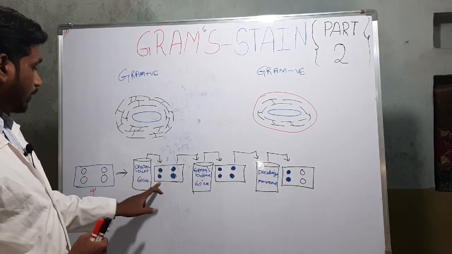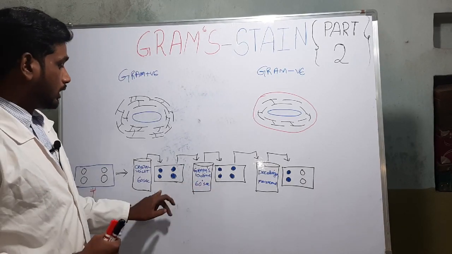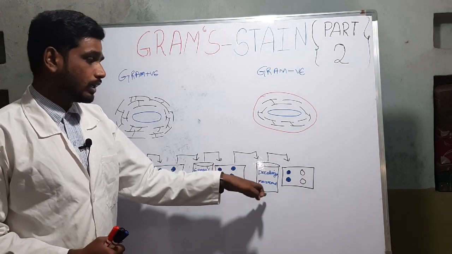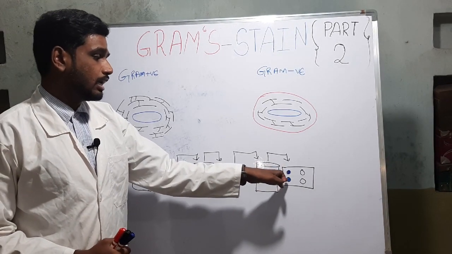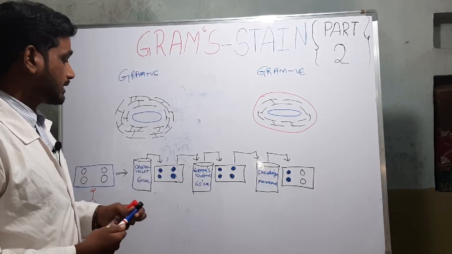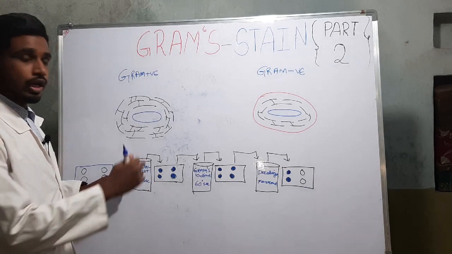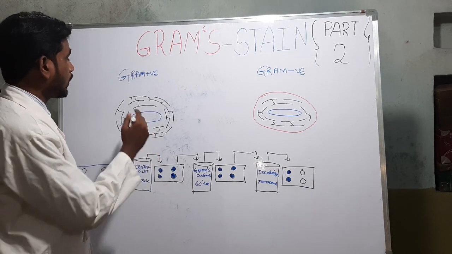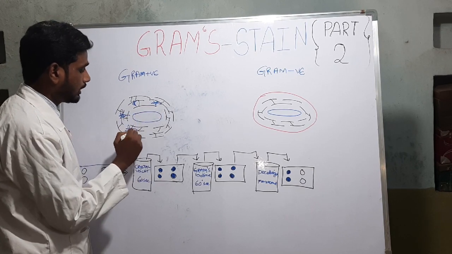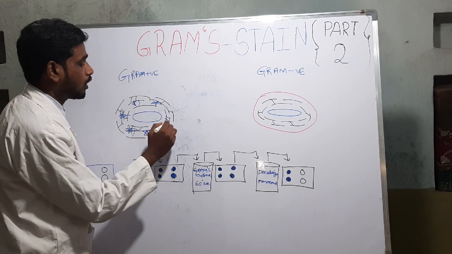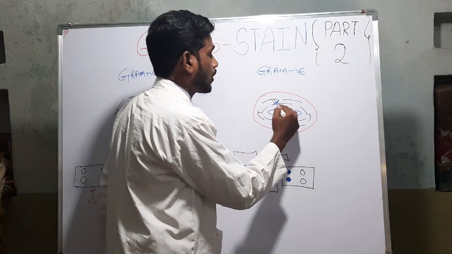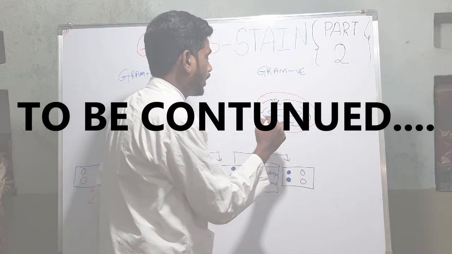As we have said, from the crystal violet and Gram's iodine, both bacteria have taken up the violet color, but what is happening over here is that gram positive bacteria take the violet color, and the gram negative loses its color. The actual concept is that whenever you dip the slide into the crystal violet, the crystal violet goes and deposits into the peptidoglycan layer of the bacteria, irrespective of whether it is gram positive or gram negative. Now you are taking